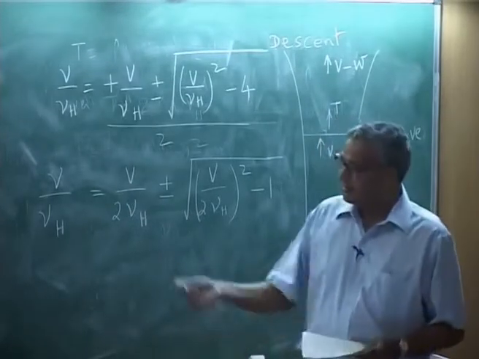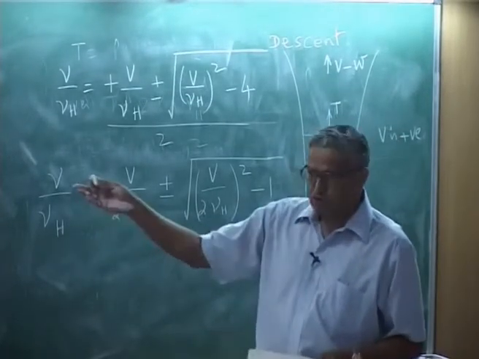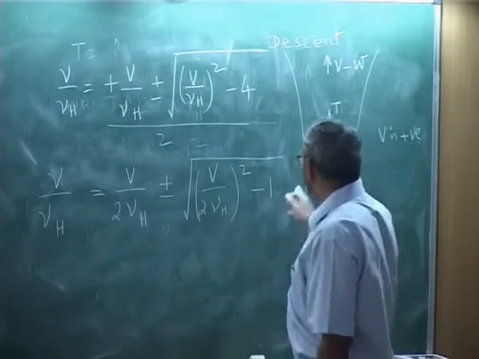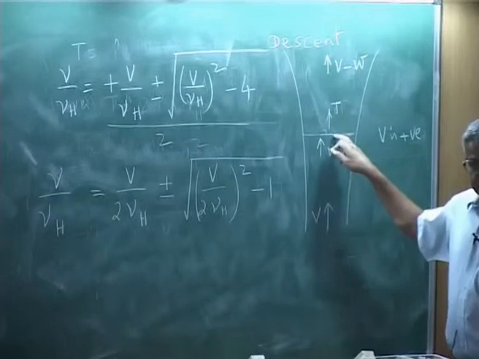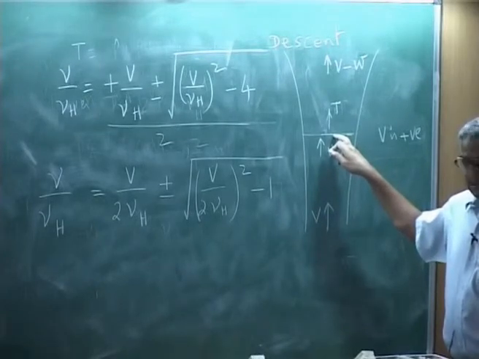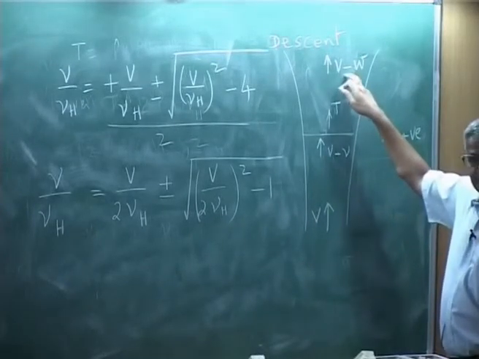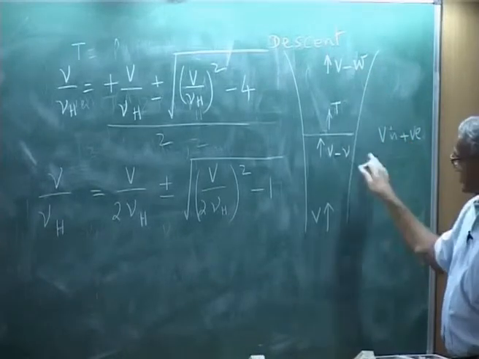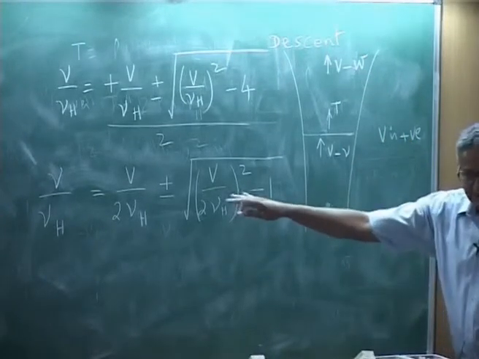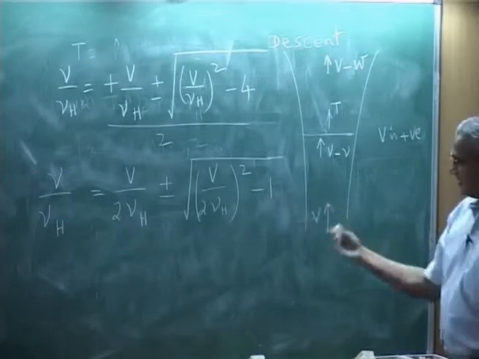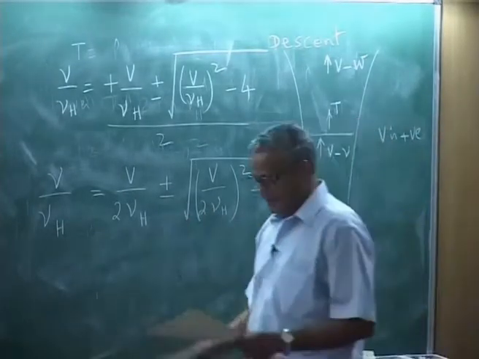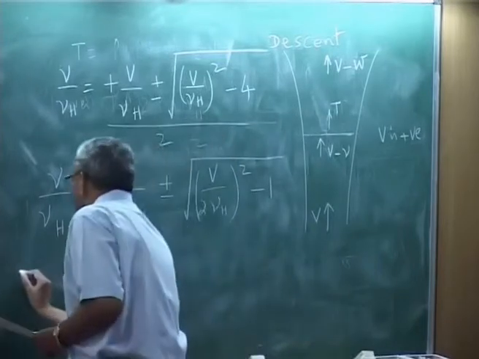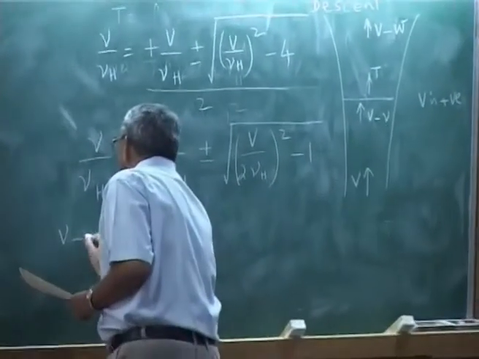V plus nu, but actually V plus nu means what? I am having V minus nu at the rotor disc, far away V minus 2 nu. So, I must have V minus nu at the rotor disc, and then far away I should write the other one. In other words, I can write it in this fashion, either V minus nu